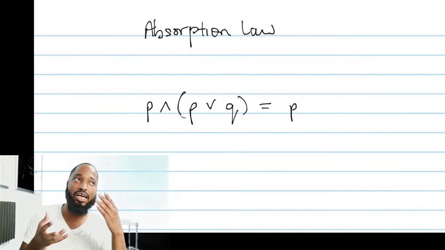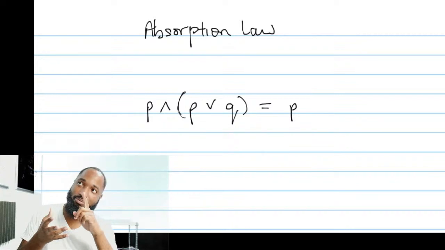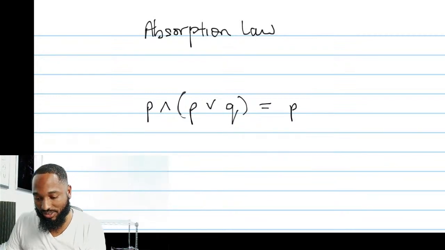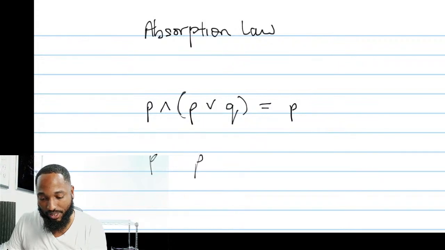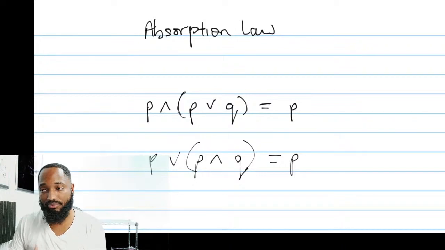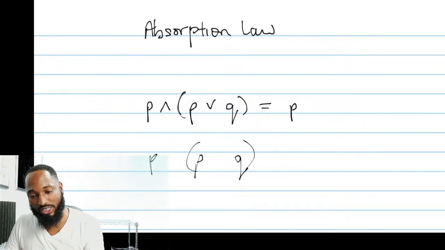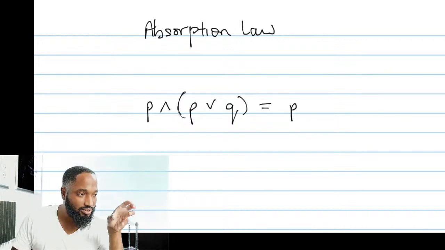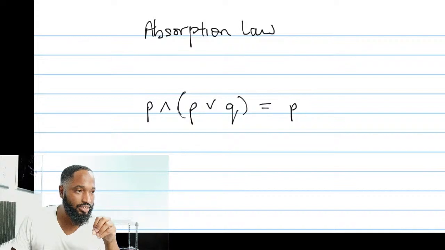If somebody says, what's the absorption law? That's the P, P, and then the next thing, you understand? So the other way to write it is I can put P, P, Q, the two brackets there, and just make sure I have this and that the opposite way. And it will always boil down to P. Absorption law. No big brain power involved there. And these laws are just useful in squeezing down things.